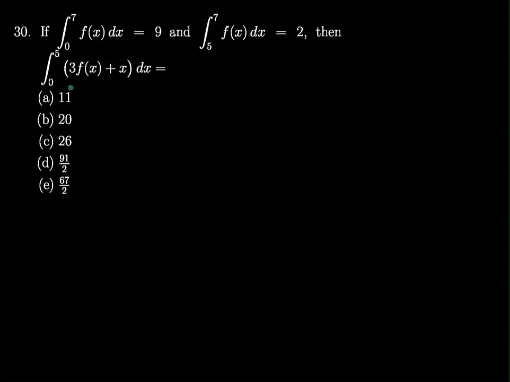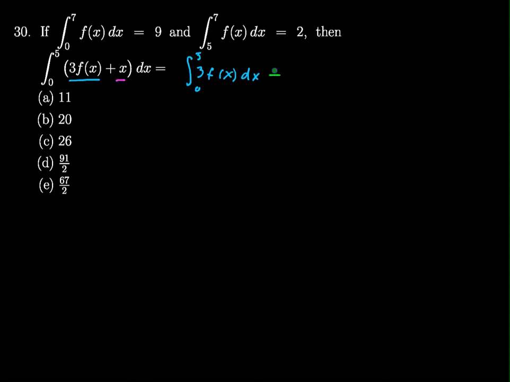Okay, so we look at this, and the first thing that I would do is start breaking this apart. I know that the integral of the sum is going to be the sum of the integrals. So I have the sum of 3f of x and x, and I have an integral of them. And what I can do then is say that this will be equal to the integral of 3f of x dx from 0 to 5. And we can use our given integrals up here to find that,